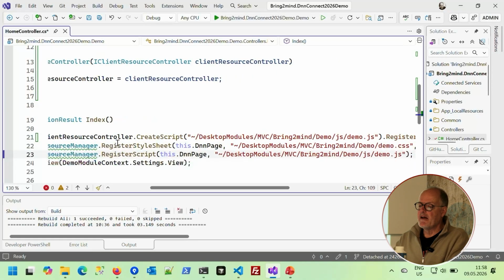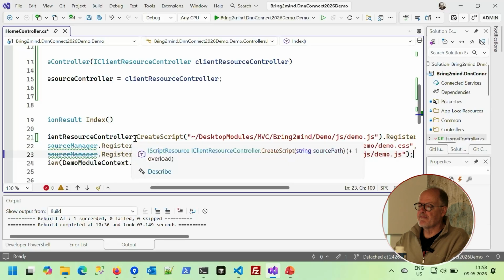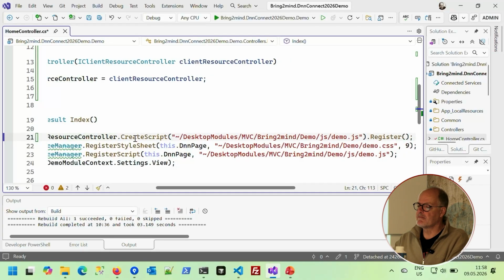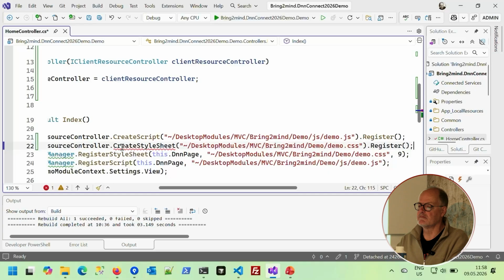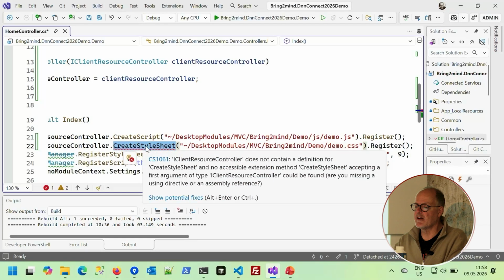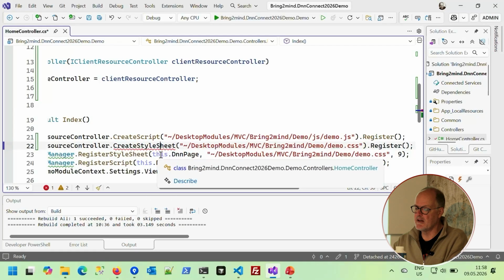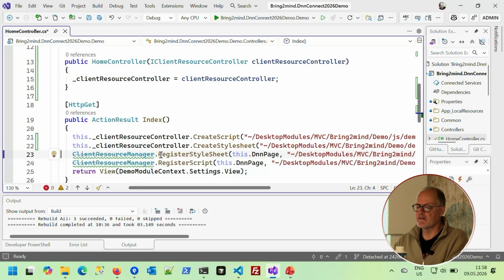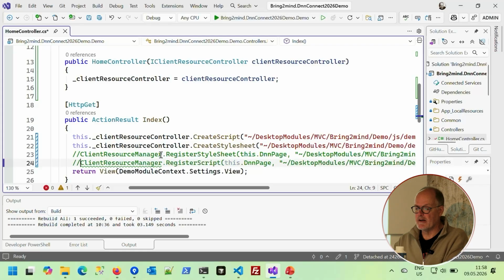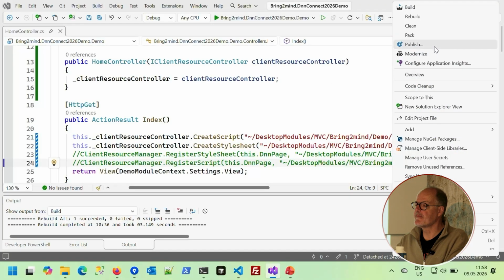Similarly, client resource controller dot create style sheet. There you go. It's actually with a lowercase s, I think. There you go. I'm going to take these out. Now, with a bit of luck, if I recompile this,